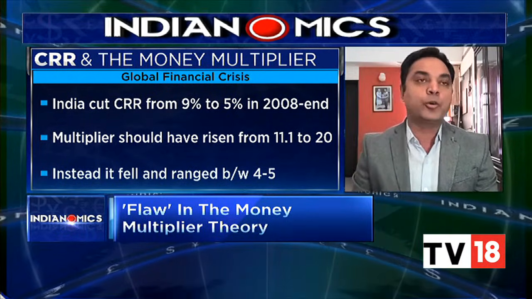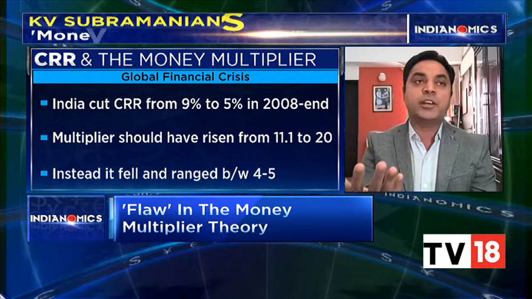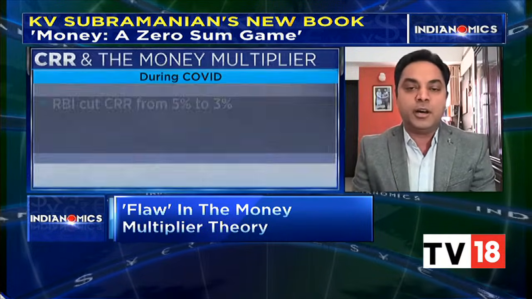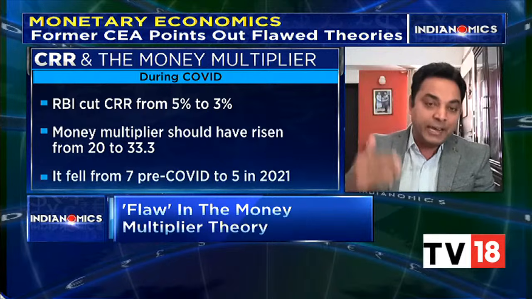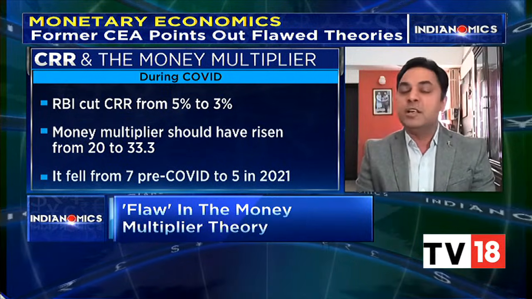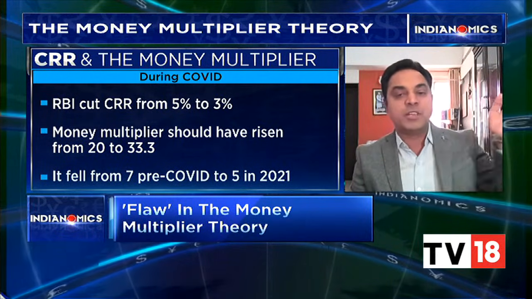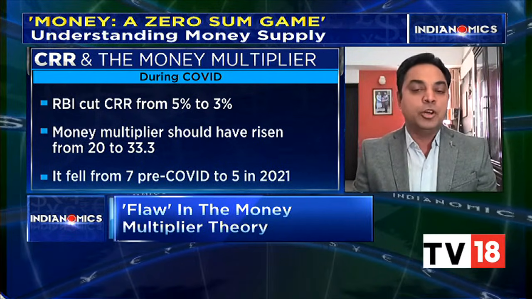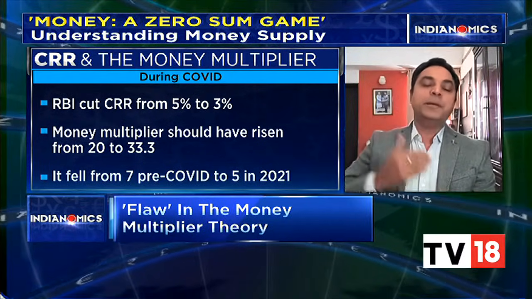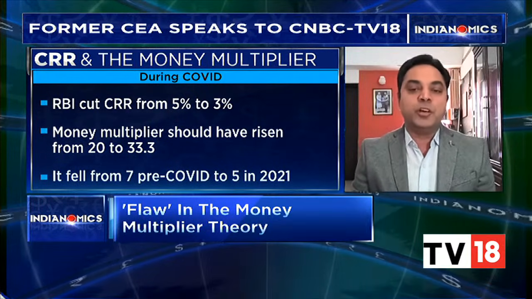It ranged between 4 to 5. Even during the COVID crisis, similarly, the cash reserve ratio was decreased from 5% to 3%. Again, the money multiplier should have increased, but what actually happened was it decreased from 7 to 5. So clearly, this particular prediction of the monetary theory is completely at dissonance with what we observe in the real